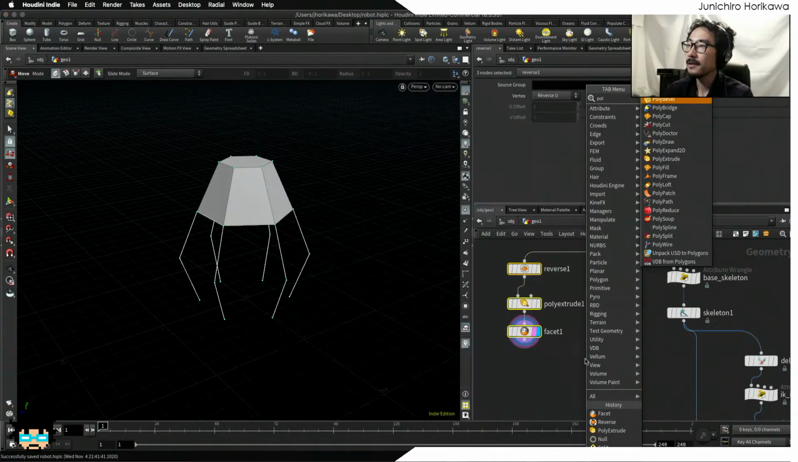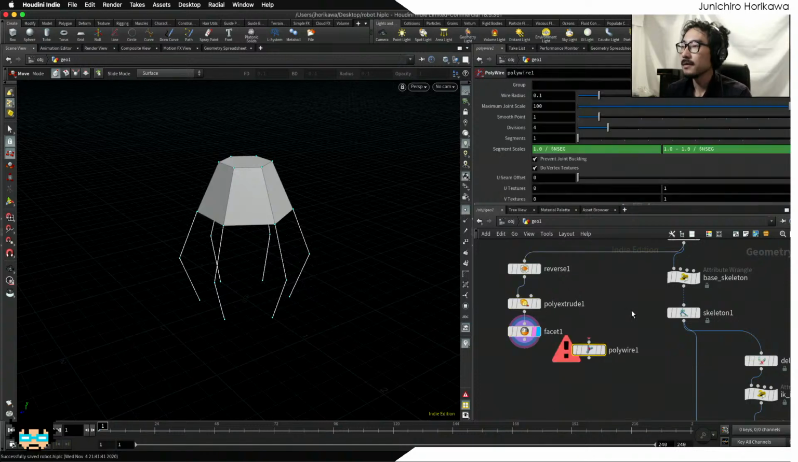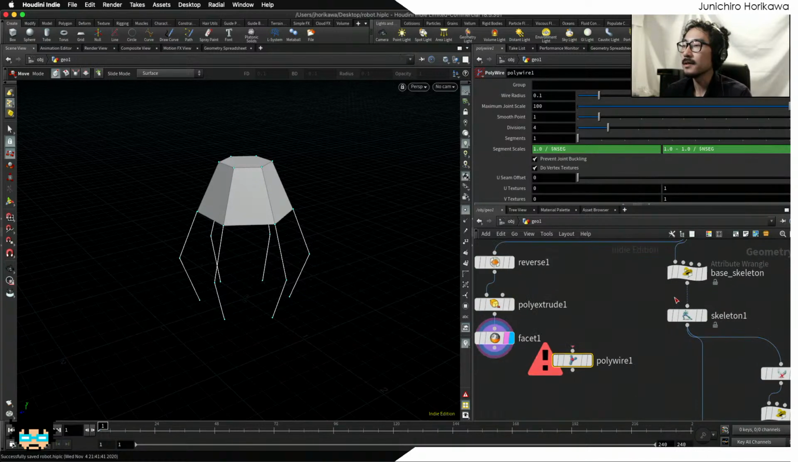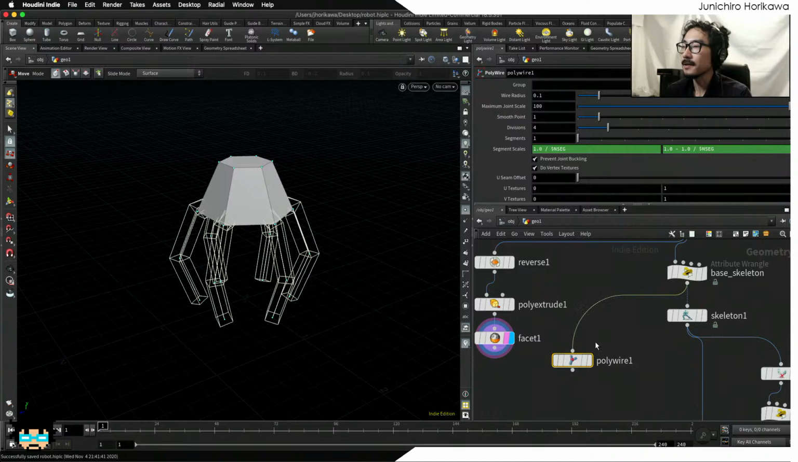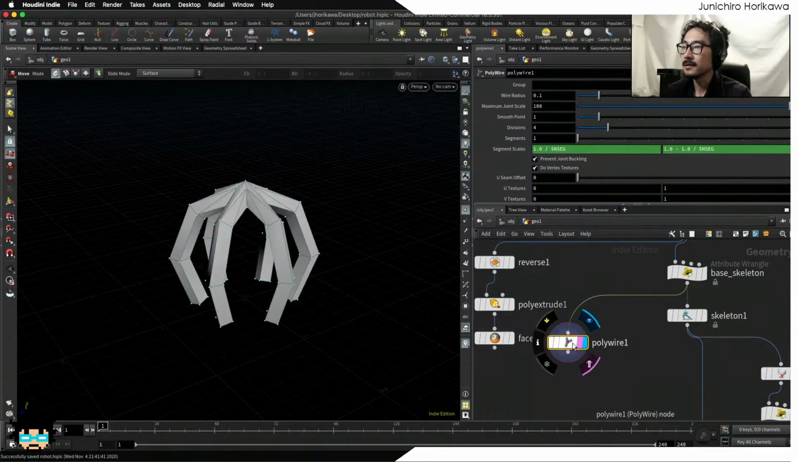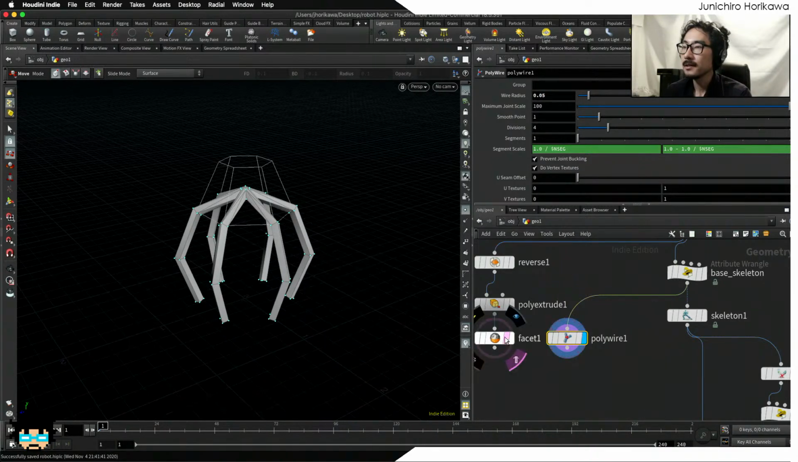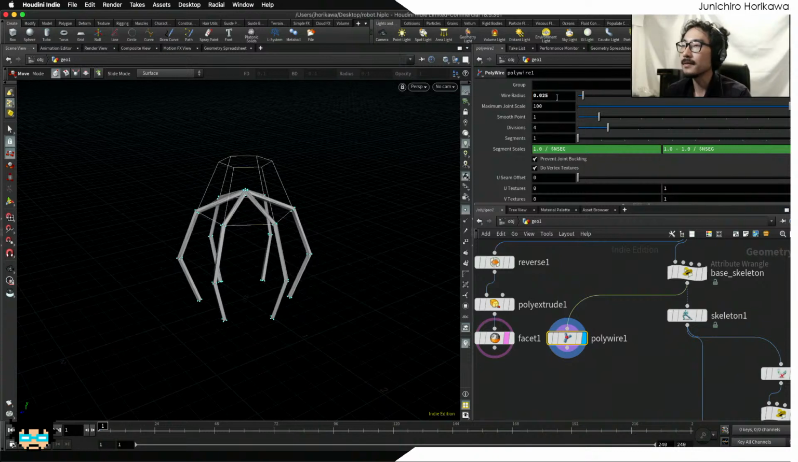Now let's also thicken the leg by using a polywire, which can be retrieved from this base skeleton. Okay, this might be too thick. I'm gonna set it as 0.05, maybe a little bit thinner to 0.025, maybe 35. Right. Well, I'll just say 5. And then